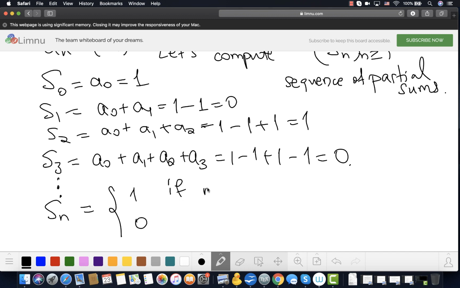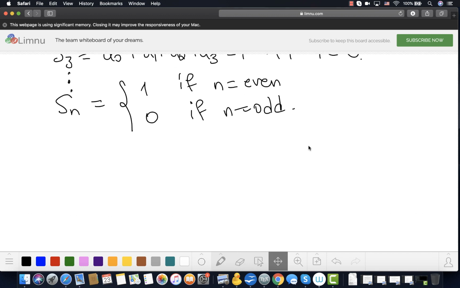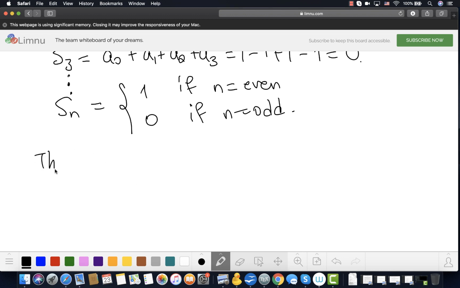So in fact, Sn is either 1 or 0 depending on the index. For even numbers 0, 2, 4, it's going to be 1, and for odd indices like 1 or 3, the answer is going to be 0. So sorry, Sn is 1 if n is even, and 0 if n is odd. Okay, so that's it. We found our sequence. So thus, the sequence of partial sums is